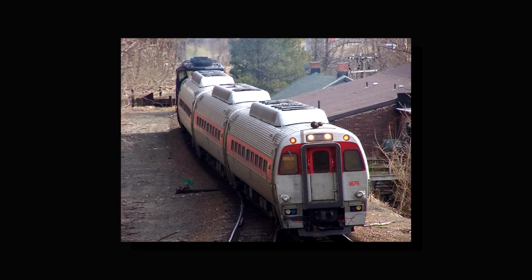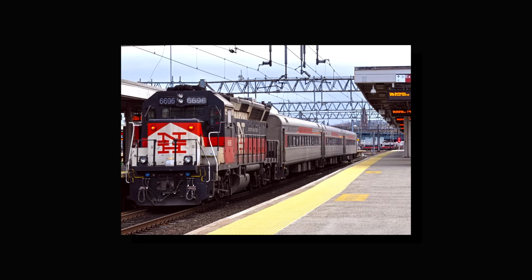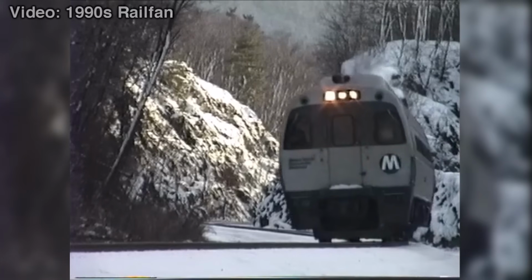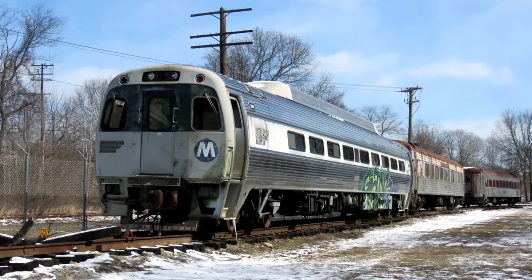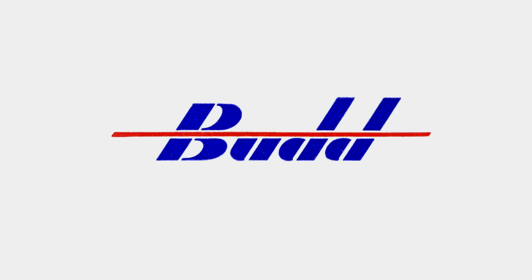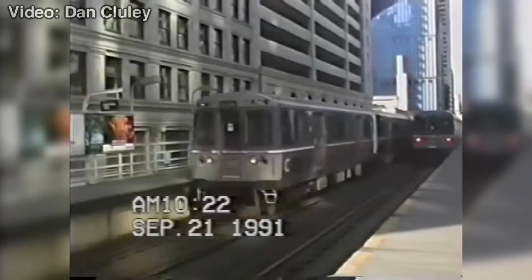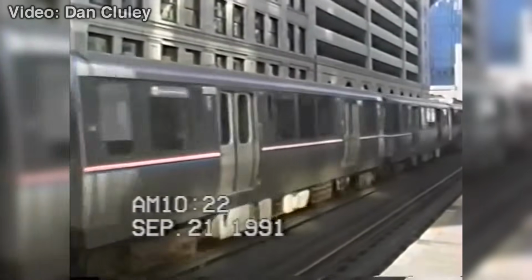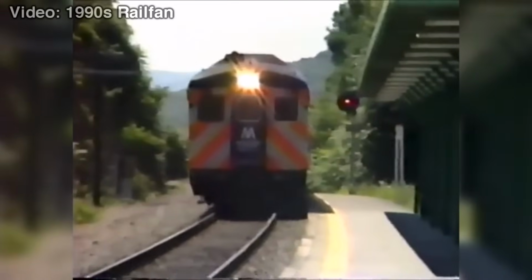Subsequently, the SPVs were converted into coaches on Condat in 1994, replaced by Mafersa cars in 2008, and finally sold off to the Foxville and Northern Railroad in 2018. Metro North stored their cars away in the 90s, with one preserved at the Connecticut Eastern Railroad Museum. Unfortunately for the Budd Company, this flopped further the company's decline, producing their last railcar in 1987 and then going bankrupt in 2014. As for the RDCs,